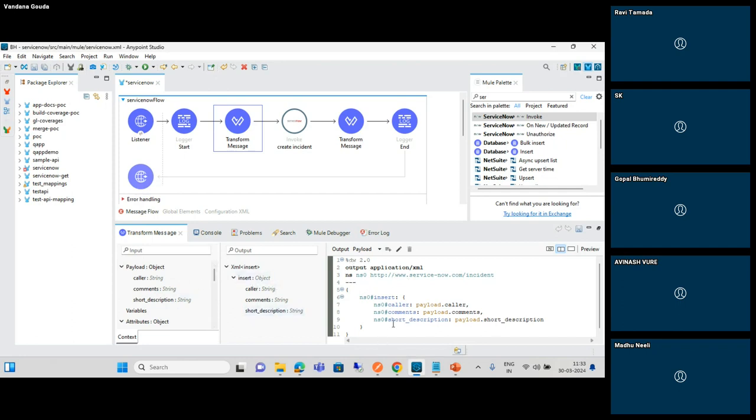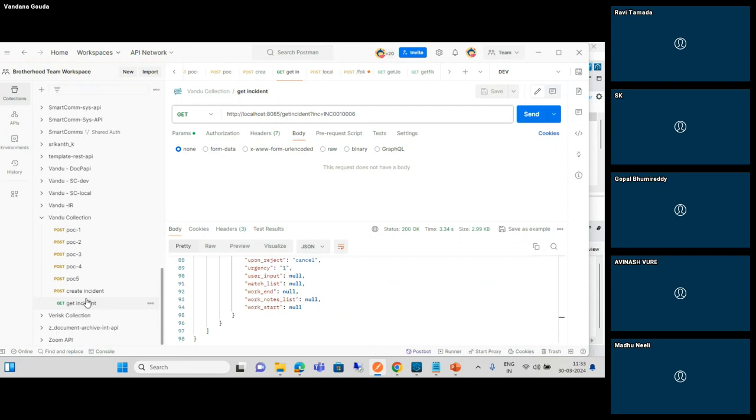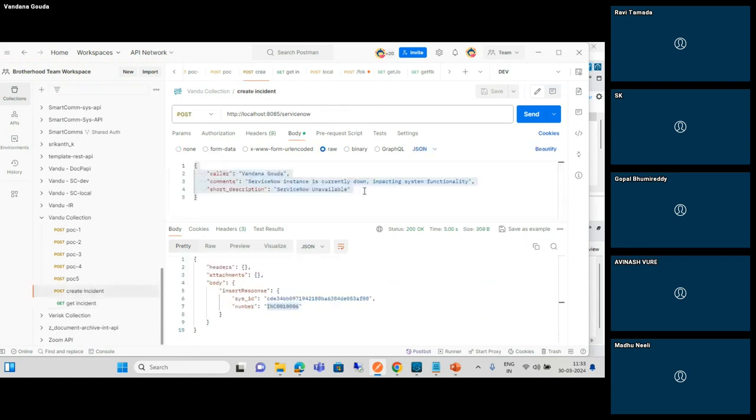What about the payload? I mean, are we passing anything from Postman or a REST client? Yes, we are passing it from Postman. Can you show a little bit more here? If you see that,